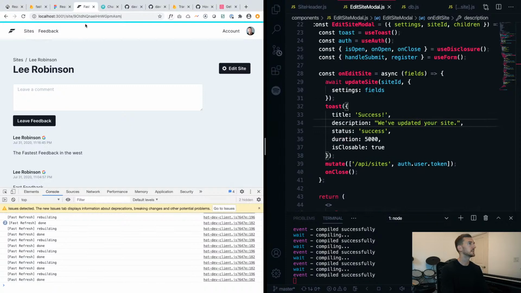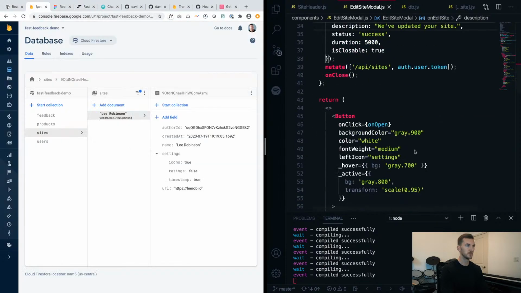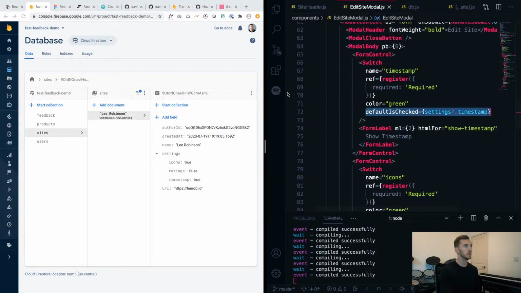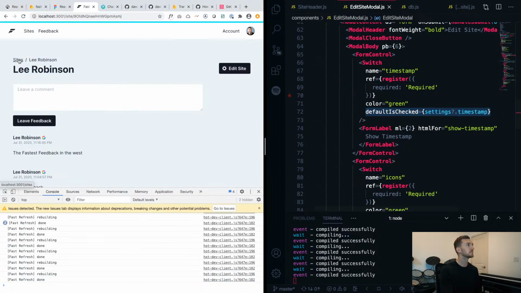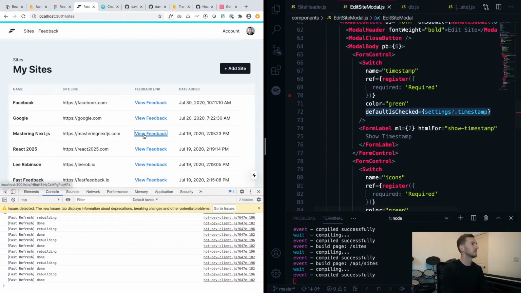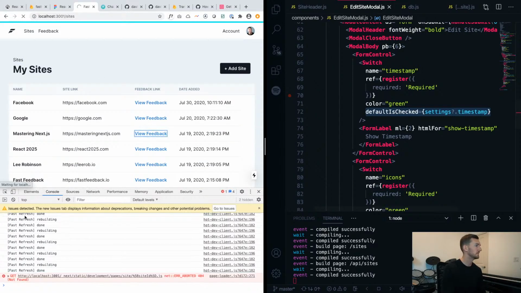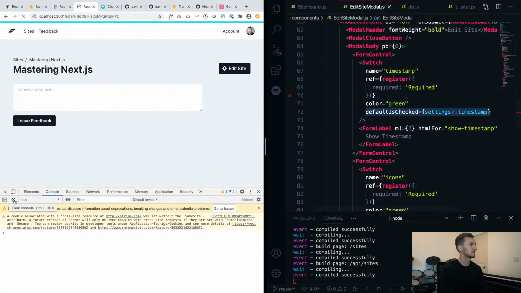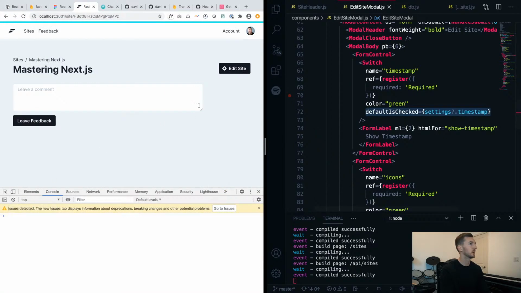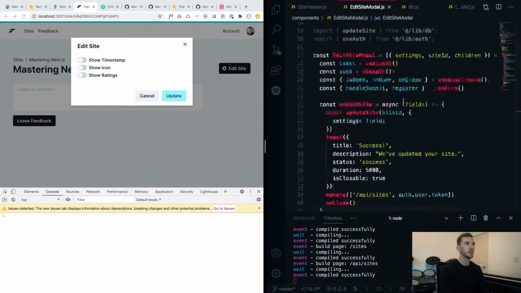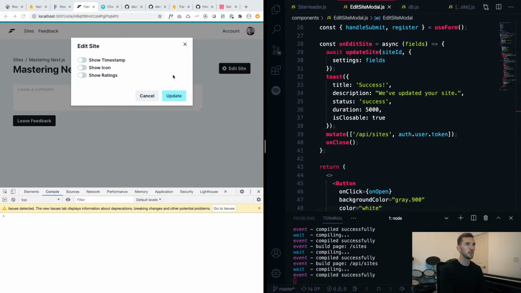So one way that we could test if this was working is if we went to a different site, there wouldn't be any settings because we hard-coded this inside of here. So the default values should be not checked. And if we save to the database, it should populate those values. So I'll just pick a random one. Okay, I'm going to edit site. They're all unchecked because we haven't went in here. And now clicking on edit site should